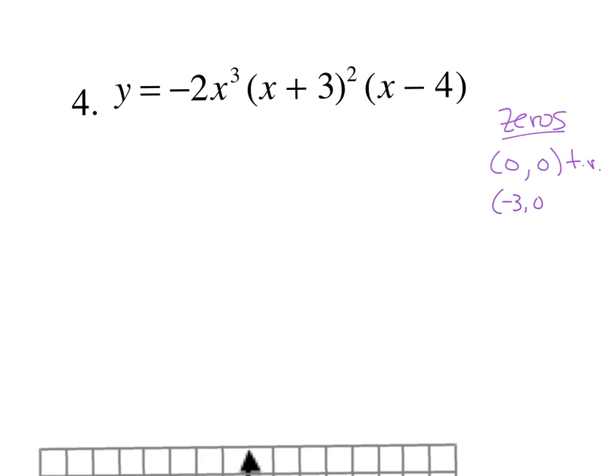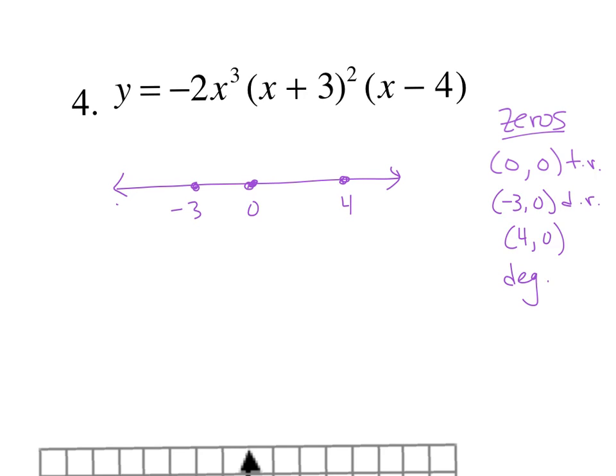Negative 3, 0, which is a double root because it's to the second power, and 4, 0, which is just a single root. Again, the triple root, you can't even tell a triple root on the actual number line itself. So let's see, we have 0, negative 3, and 4. Oh, forgot to do the degree. The degree is going to be in this one 3 plus 2 plus 1. So that would be 6, which is even,